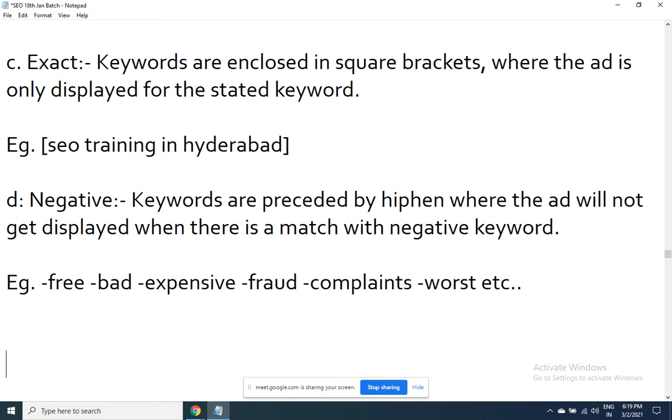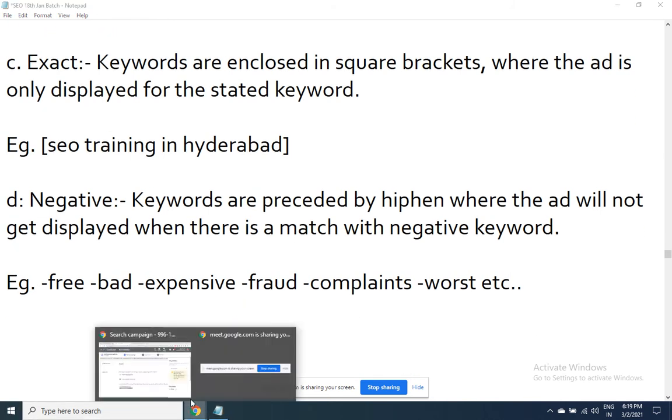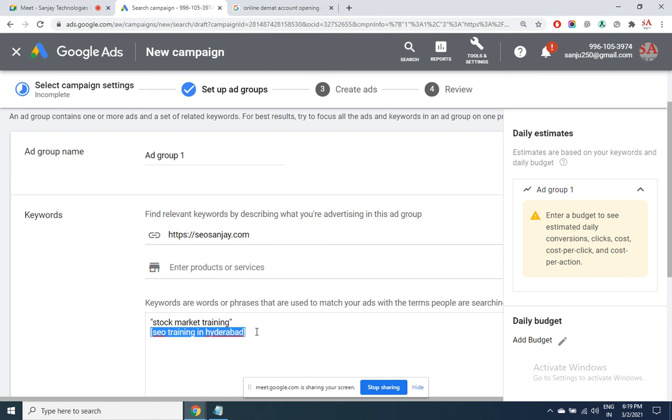Yeah, there are plenty, 200 such keywords are there. You can just add those keywords like this for every ad that you have created.